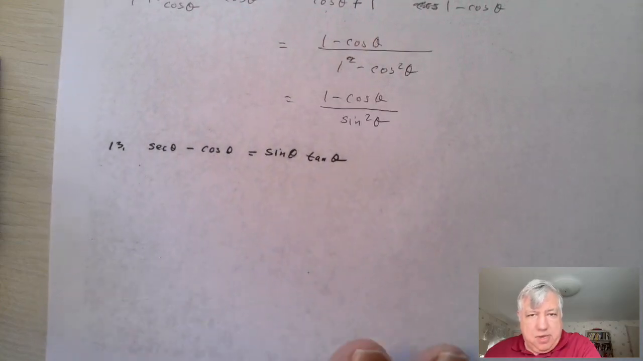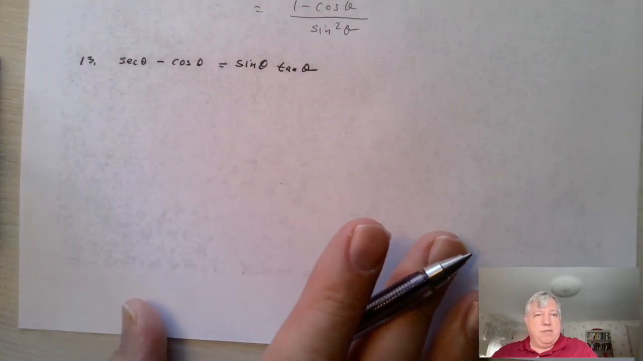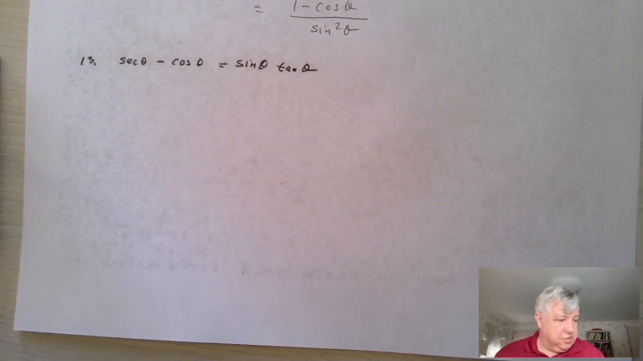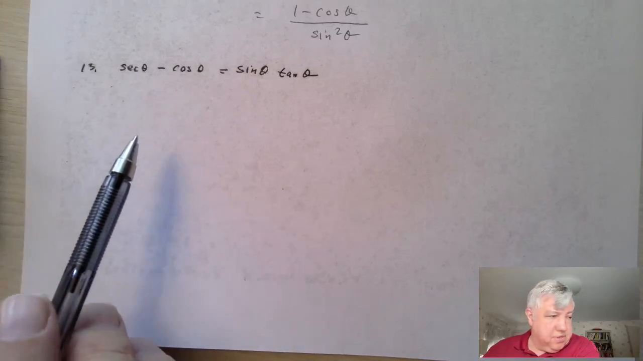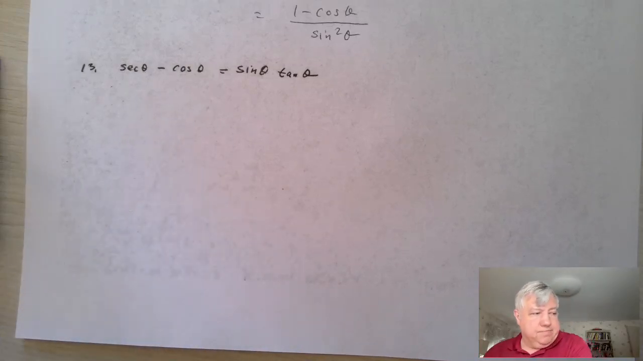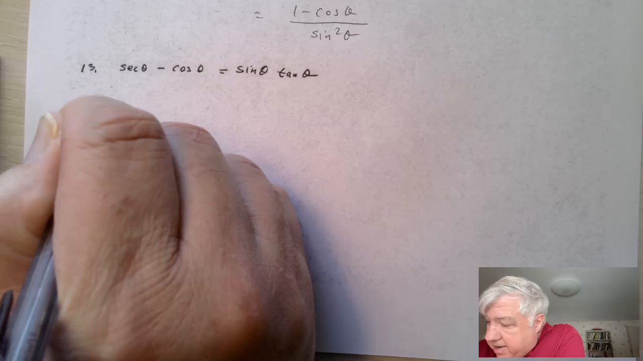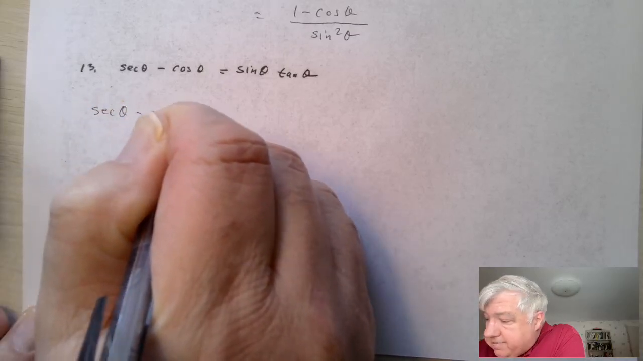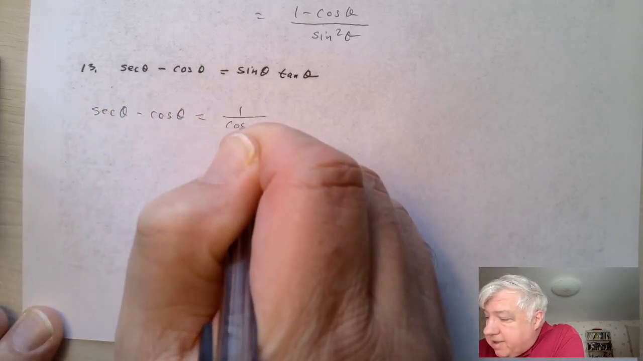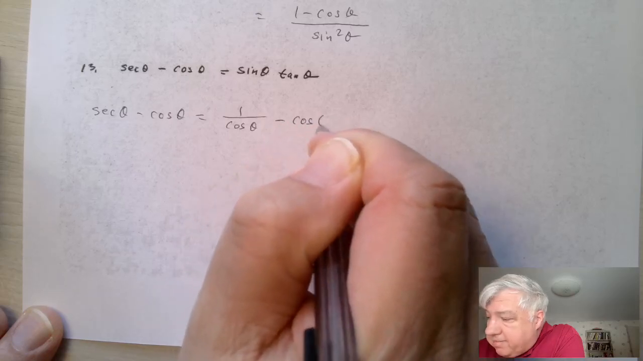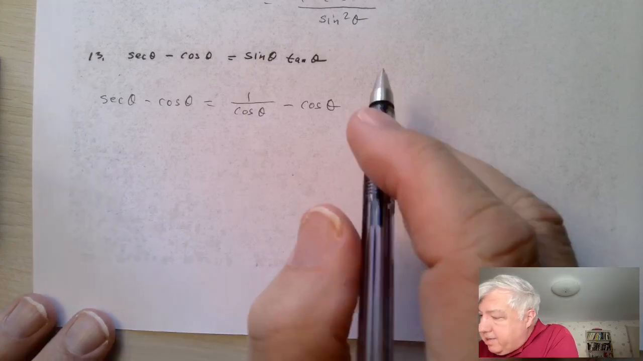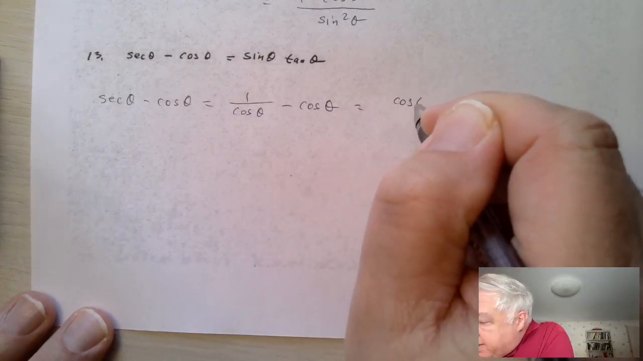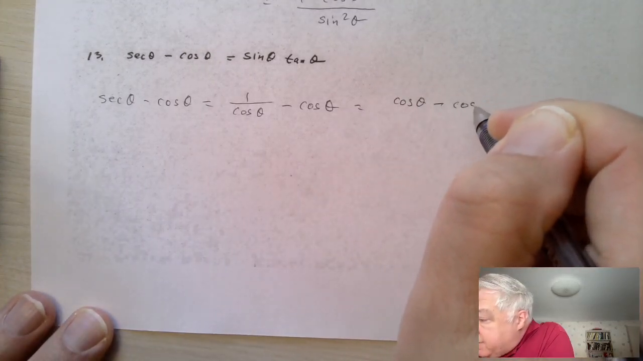And one more at 13. Secant minus cosine equals sine times tangent. Let's do the same thing here. Let's try writing everything in terms of sine and cosine. So secant theta minus cosine theta will be 1 over cosine theta minus cosine theta. And if we try to get a common denominator, this will be